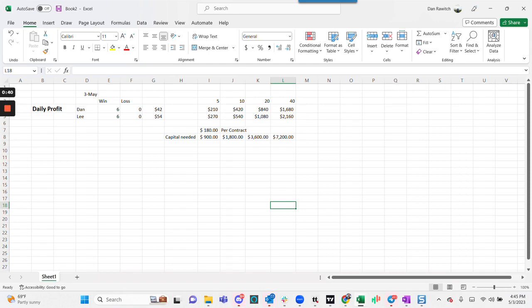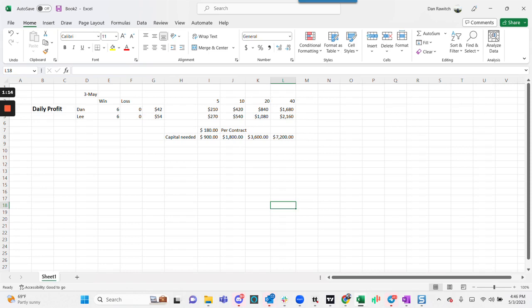Options trade in contracts as opposed to shares. So you don't buy one share, you buy one contract. The contract we trade on average costs about $180. So if you were to trade 5 contracts today, you would have only needed $900, and if you were me, you would have made 210. If you were Lee, you would have made 270. If you traded 10 contracts, which only takes 1,800 of capital, you would have made $420 today, or 540 for